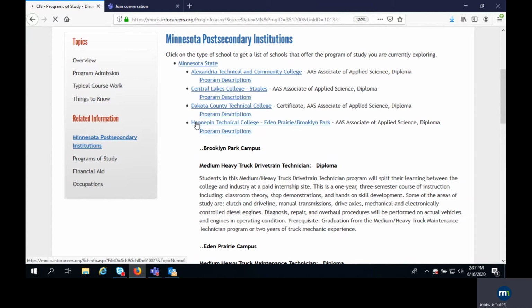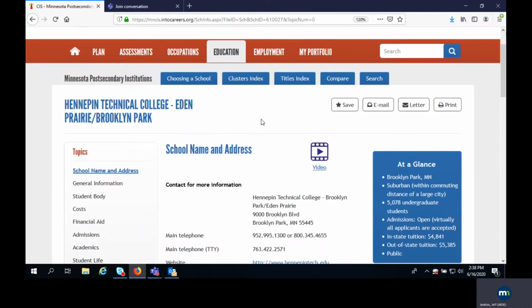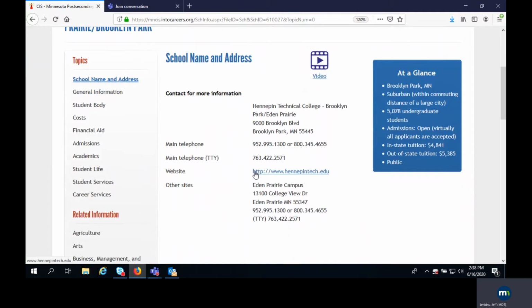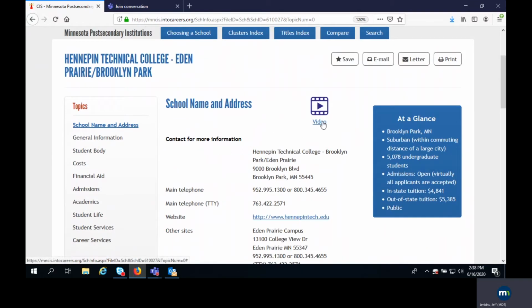I am going to click into the school, still in that education tab, and here we are now on an information file for Hennepin Technical College in Eden Prairie, Brooklyn Park. And this landing page brings you to this middle part where it has the school's contact information. You can link right directly to the North Hennepin Tech website, as well as there is a video, which this spring we're really excited about